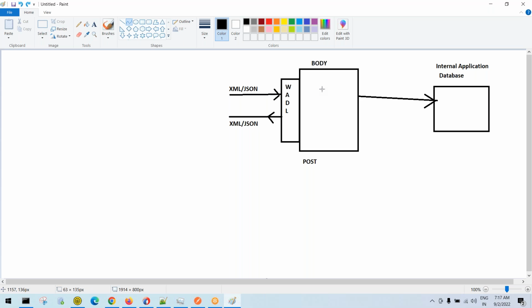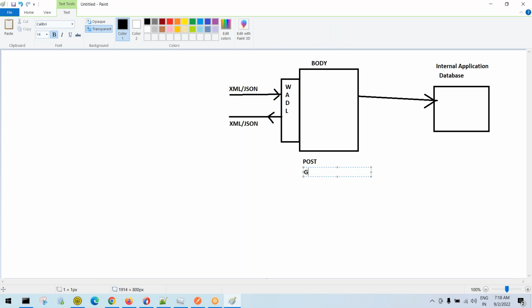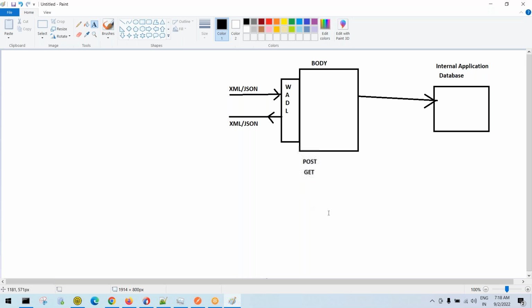It doesn't mean that if I write addition of two numbers in my program, it will not be allowed. No, it will allow. You can write any kind of business logic, but make sure of the verb you are using. Based on the verb you used, people will understand, okay, this program is meant for creation of data. Suppose I use the get verb instead of the post verb. Get means, the name itself is saying, getting the information. So we use the get verb to fetch some data,